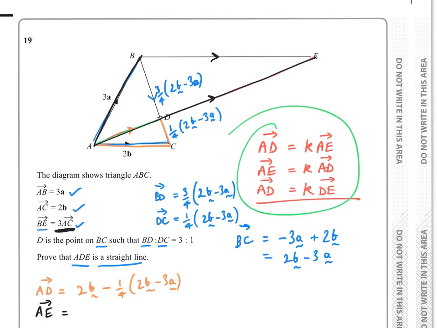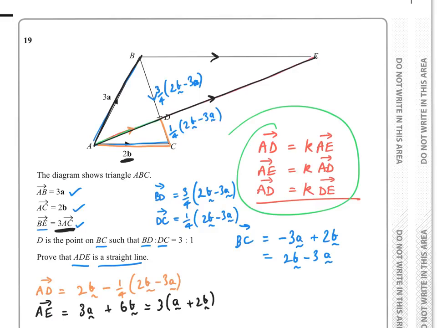It's 3 lots of AC, so it's going to be 6B. So 3A plus 6B. So what we can do from there is take 3 out as a scalar. So that's A plus 2B. And that's quite important,